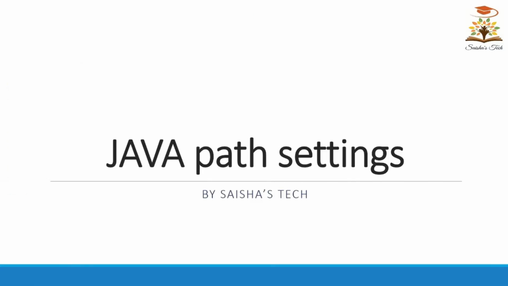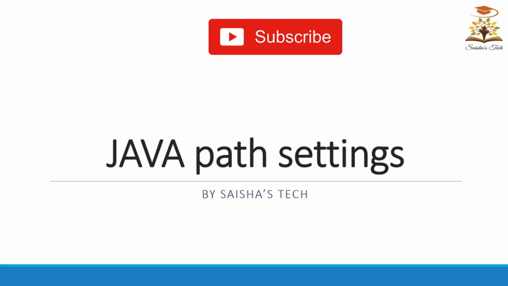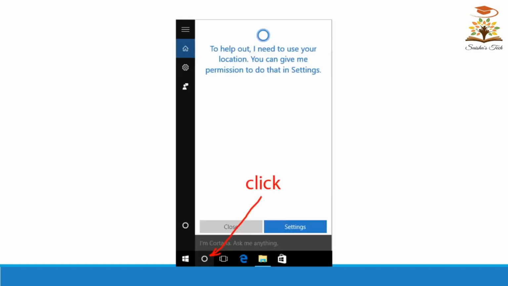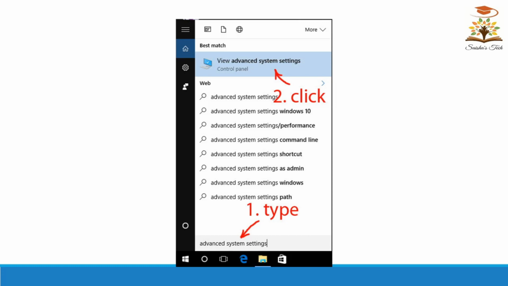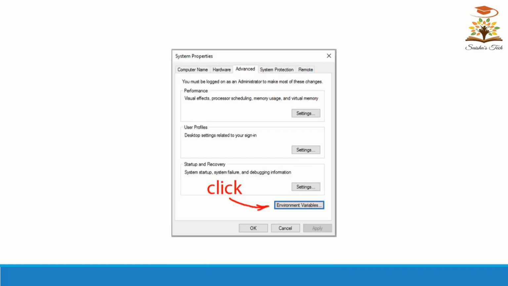The next important part of installation is Java path settings, as it helps us to load Excel files into R and unpackaging of packages of R from CRAN. To perform this, please go to the search of Windows and type Advanced System Settings. When you find the Advanced System Settings, please click on it. After clicking on the Advanced System Settings, a new tab will pop up called System Properties. In System Properties, please navigate to Environment Variables.